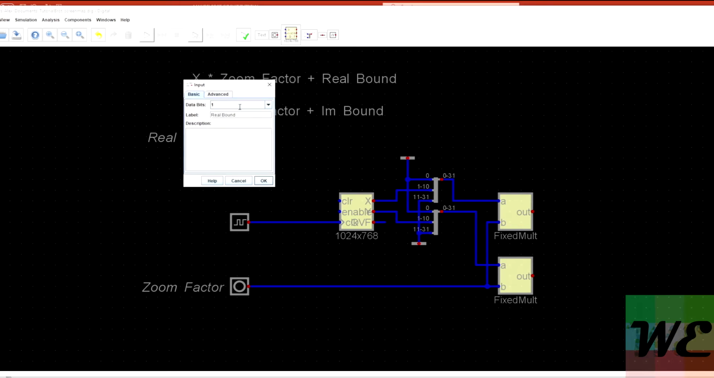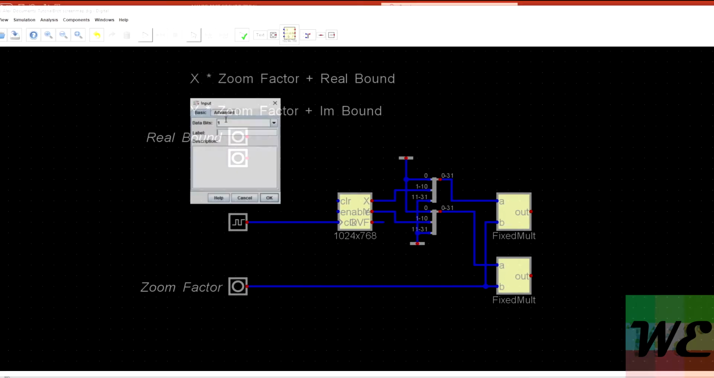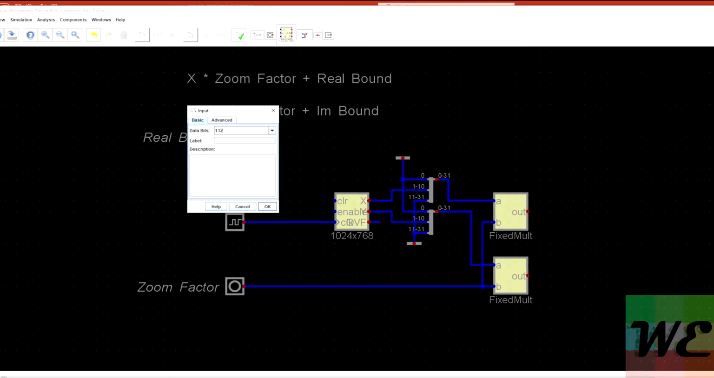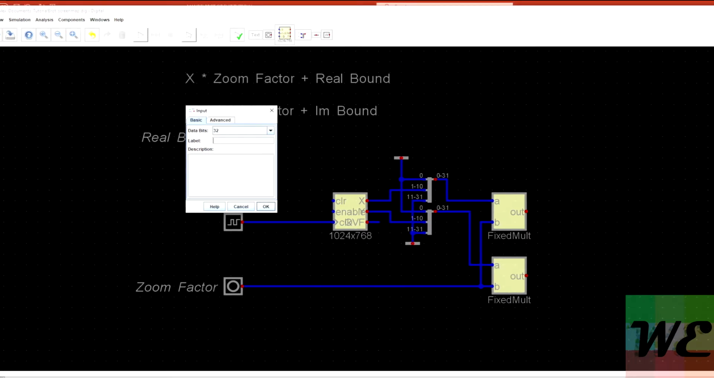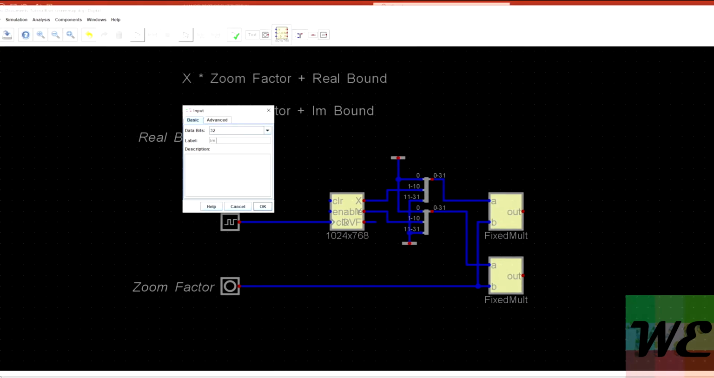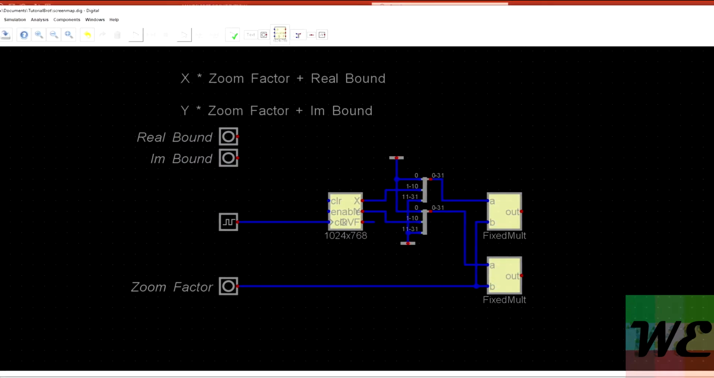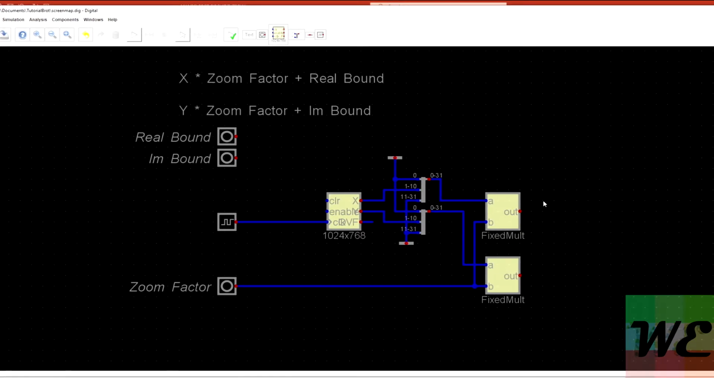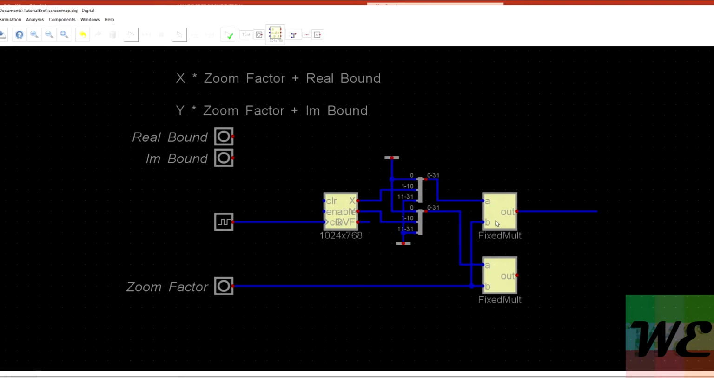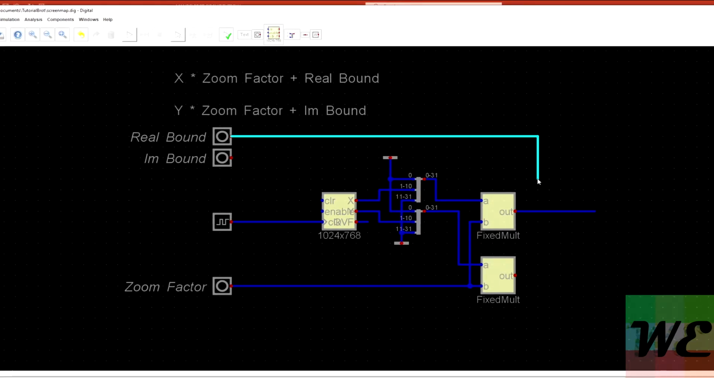It's going to be 32 bits, of course. Oh, whoops. 32. Imaginary. I'll just call this inbound. Okay, so now if this is the axis, this is the reals, we're going to take the output of that plus the output of this,